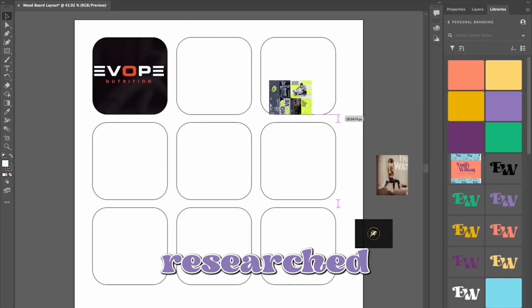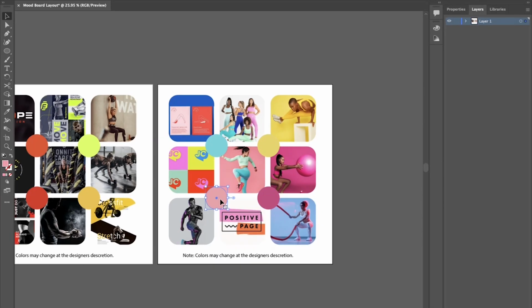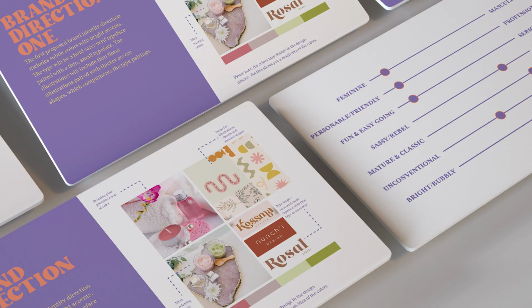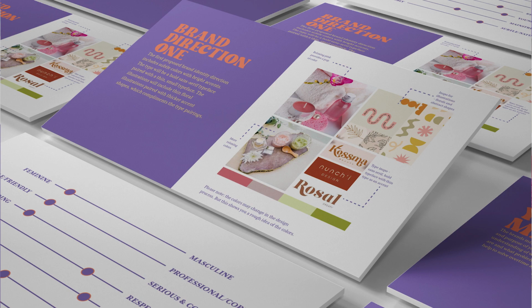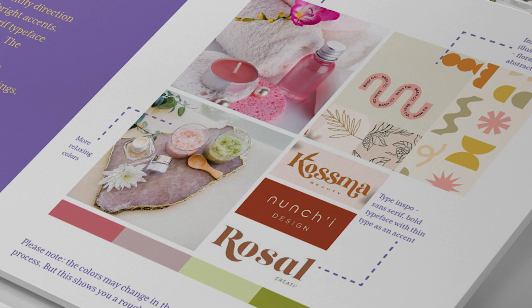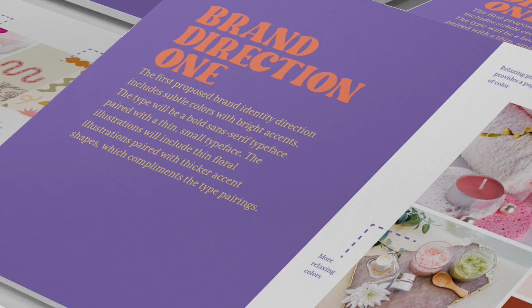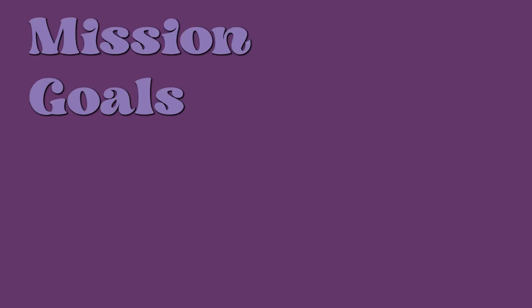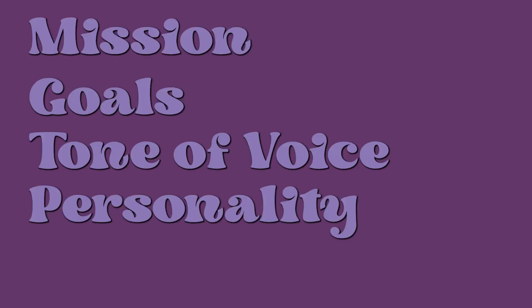Last week, we researched and designed a mood board in Adobe Illustrator. Today, I'm going to walk you through how to create a professional brand strategy presentation that you can send to your clients at the beginning of your brand identity projects. This presentation will include an outline of the client's business mission, goals, tone of voice, personality, and the mood boards